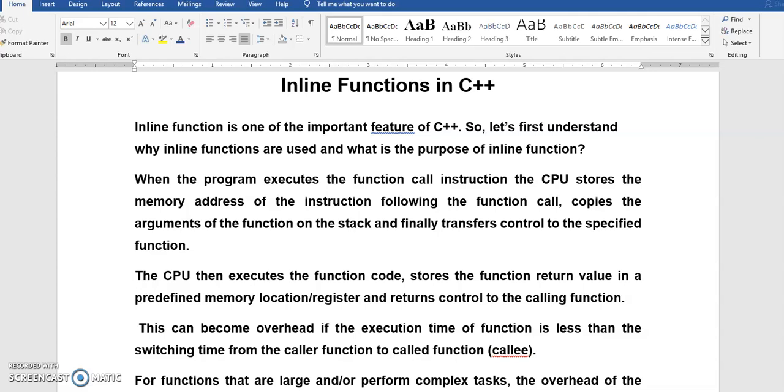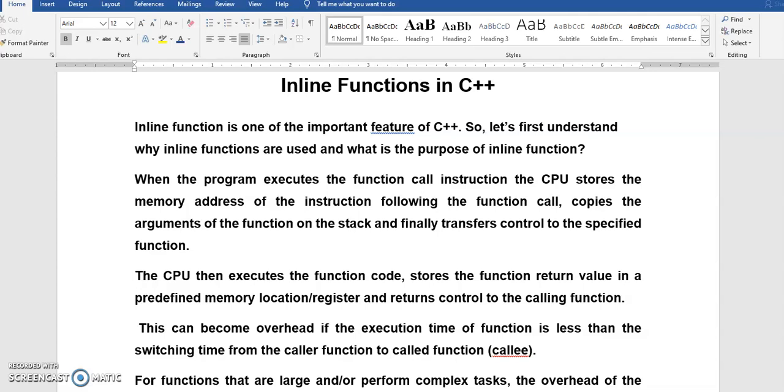And what are the internal operations going on? Whenever it jumps to the called function, it is going to store the return address. It uses the stack to store it, and then whenever the function is executed, it will come back to the main program. How will it come back? It will retrieve the return address from the stack, and then it is going to the return register, and then it is going to come back to the main program. So that is the normal situation.